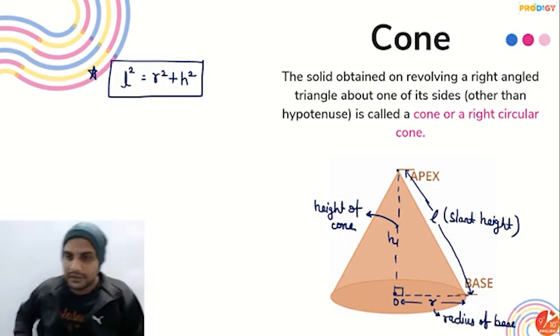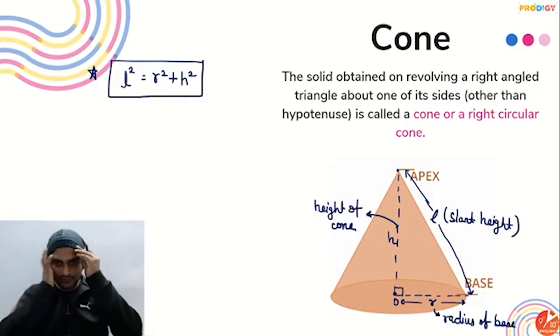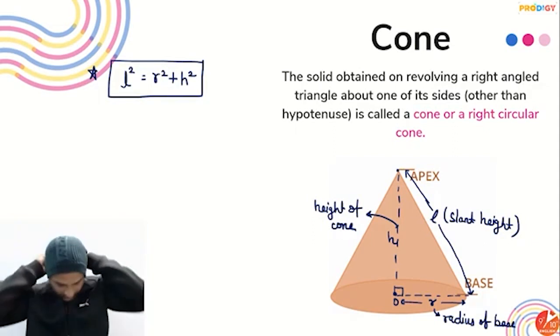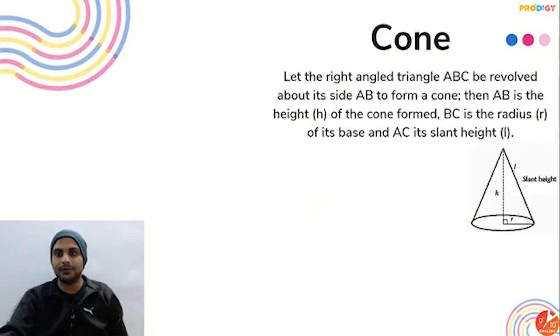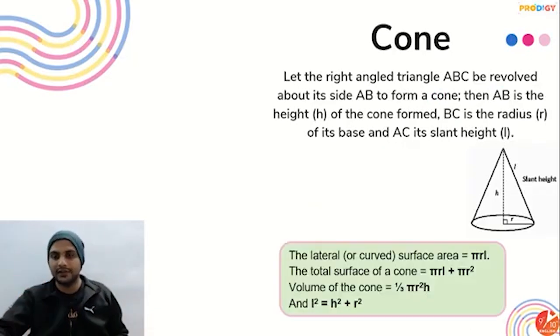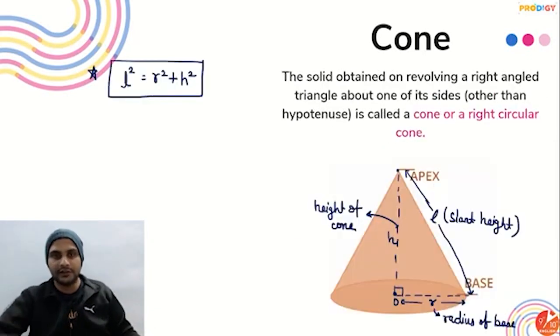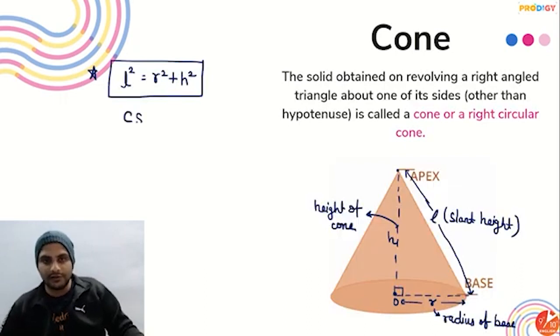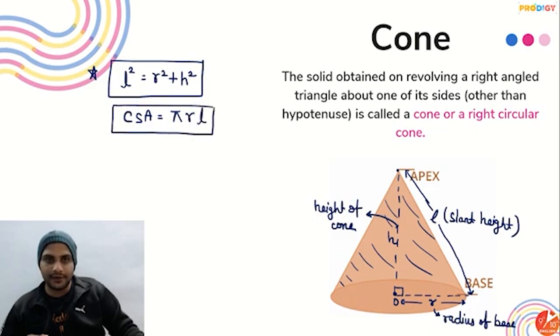Alright, so we have got L square is equal to H square plus R square. The first one, easy one. Okay, cool. Right, so that's the first easy relationship. Now the second relationship over here, we need to understand curved surface area. So curved surface area will be the area of this curved surface. This is your curved surface area, and the curved surface area formula is pi into radius into slant height, pi r l. Second formula is pi r l.